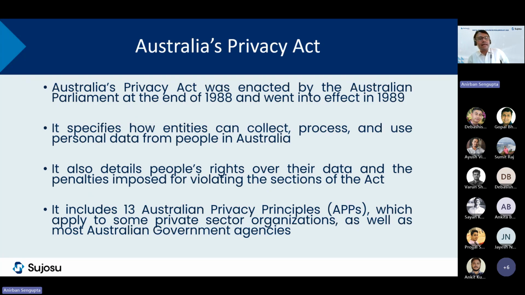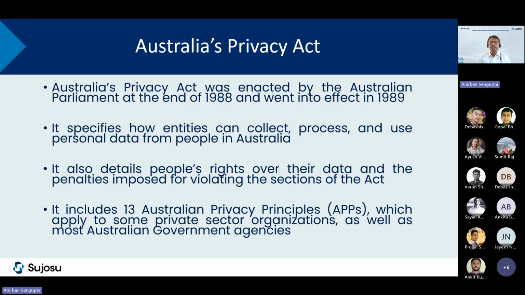Now, Australia's Privacy Act is one of the early data privacy legislations, enacted in Australia in 1988. The original act covered only government entities, and later there were amendments which also covered some commercial entities. The Australian Privacy Principles, there are 13 of them, were incorporated later in the act. And there have been some recent amendments 3 or 4 years back where the penalties were increased and the powers of the Office of the Australian Information Commissioner were also enhanced